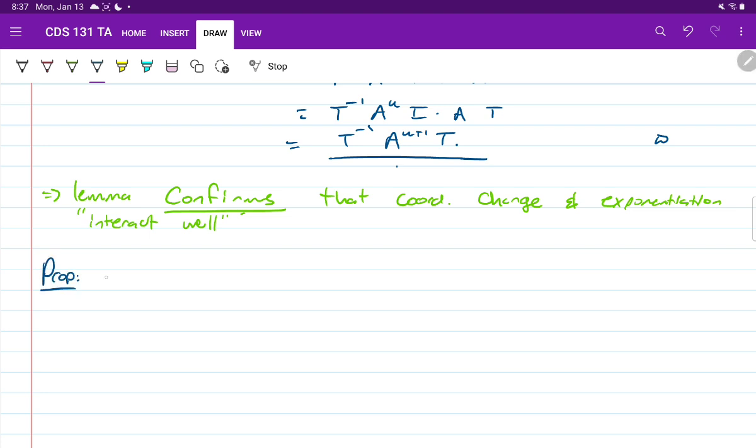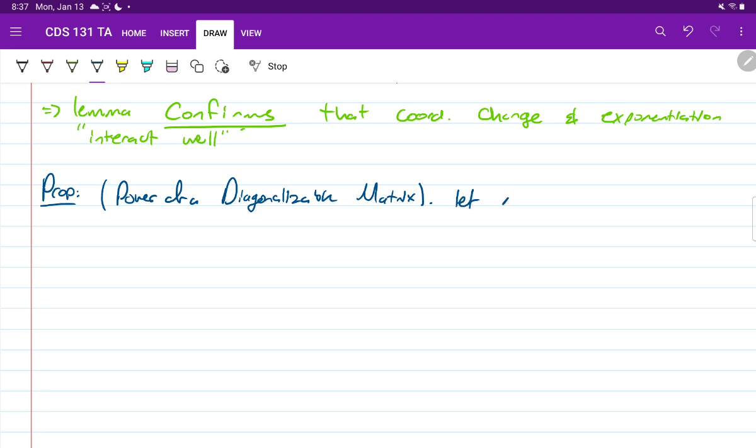So, proposition, a power of a diagonalizable matrix. Okay, what I'll say is let A, which is a matrix in C n by n, be diagonalizable. All right, so remember, what this means is that there exists some matrix T in C n by n, which is invertible,